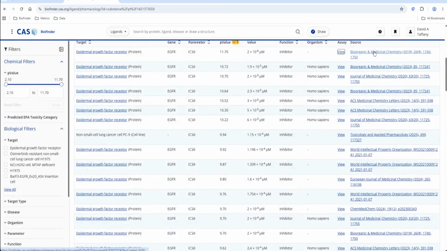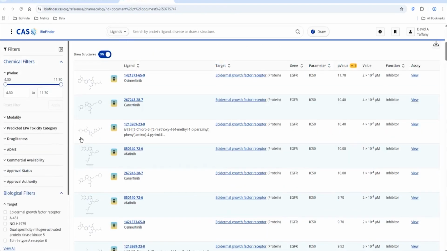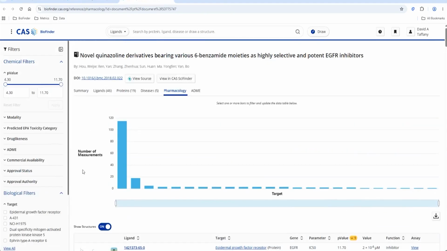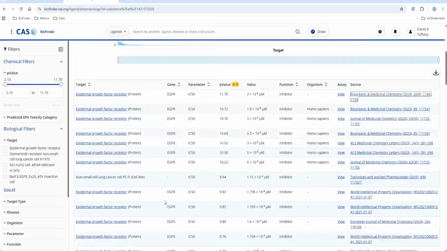If I'm interested, I can go back to the source document. So click the reference link here, and this will give me a summary of the paper that we've pulled out. I can get more detail about the specific publication, as well as a readout of all the measurements that we've pulled out of that specific document. So I can click back over to my ligand information here, and I'll just show